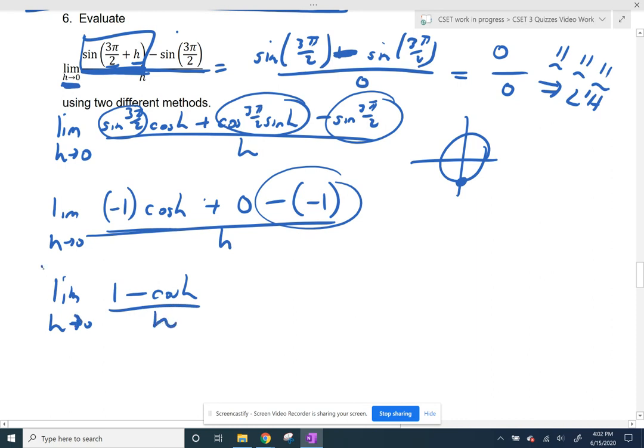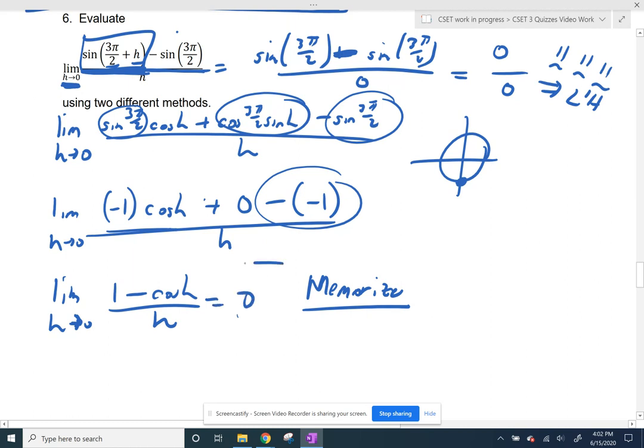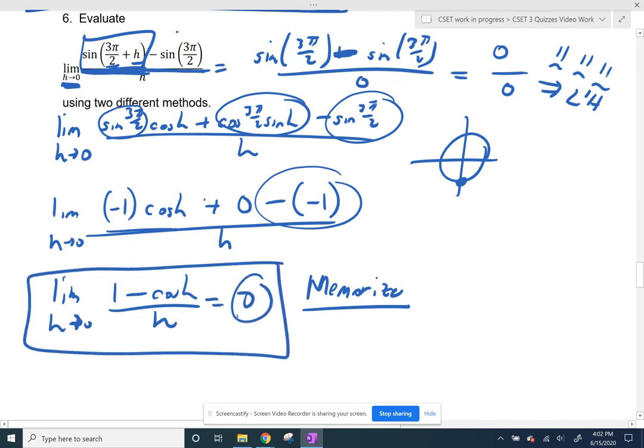Now, unfortunately, this is something that we memorize in the beginning part of our calculus career. Later on, we can prove it with L'Hopital's rule, and it is proven when they first teach it to us, but because we don't want to do the proof over and over and over again, it is one of the ones that we do have memorized, and that exact form is 0, and it does match the answer that we got in method 1,